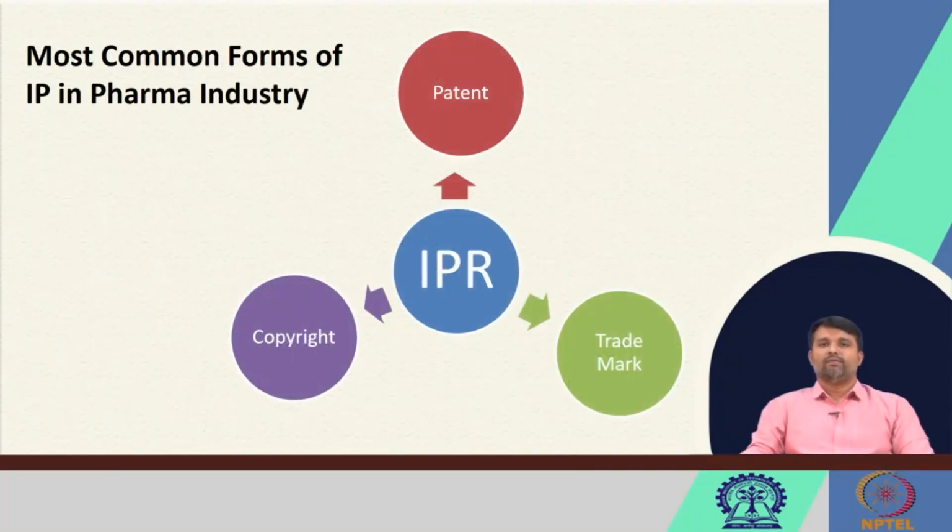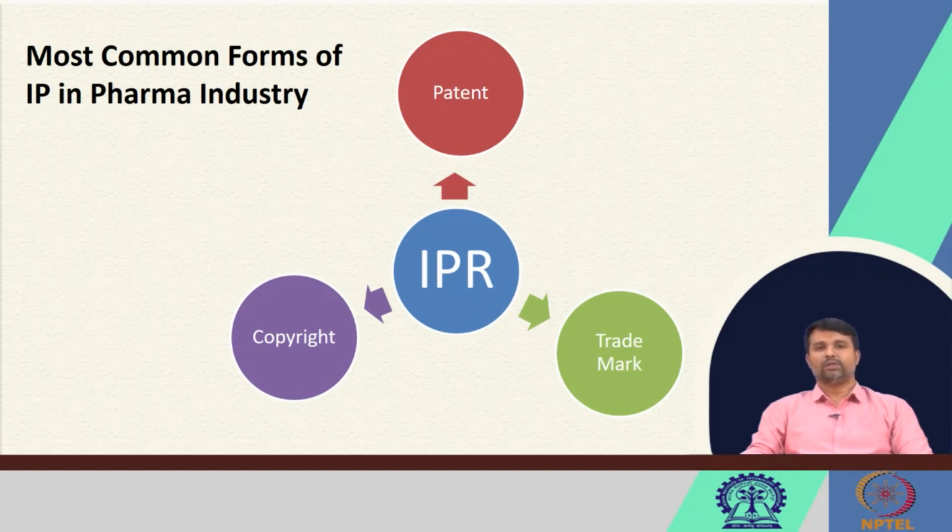So, now let us see what are the different forms of intellectual property rights which are used by the pharmaceutical industry. Now, let us see the patents. Patents are used to protect pharmaceutical innovations like drugs, devices and many other products that are sold in the healthcare industry. All these products may have a mark or logo denoting the manufacturer. That will be protected under the trademark law. So, all the logos, labels are protected under the trademark law.